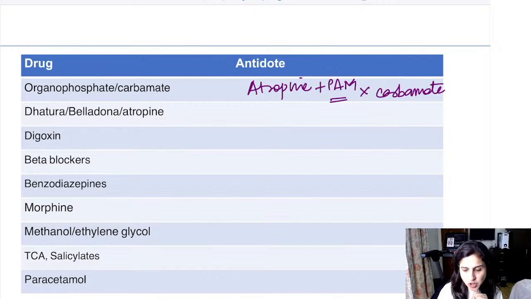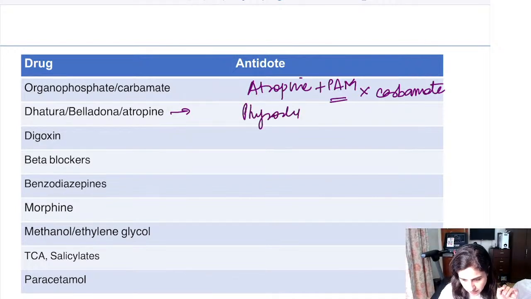Then for the atropine poisoning, whether it is written Dhatura, whether it is written belladonna, or whether it is written atropine, it is one and the same thing. So poisoning, yes, very good. It is physostigmine. Excellent. For digoxin,